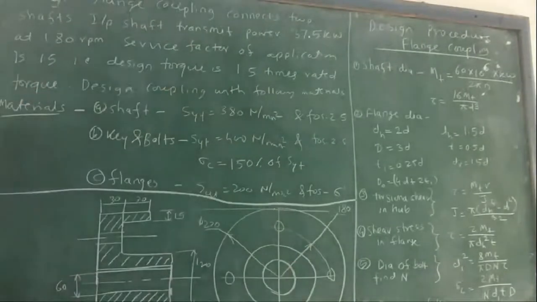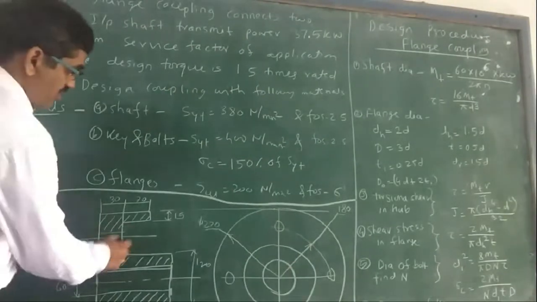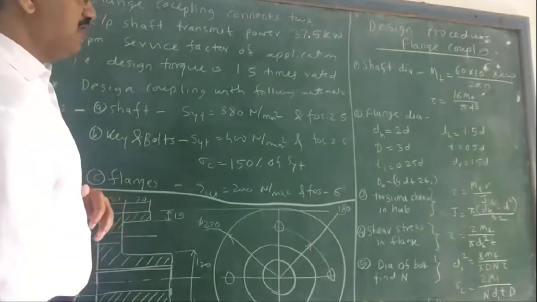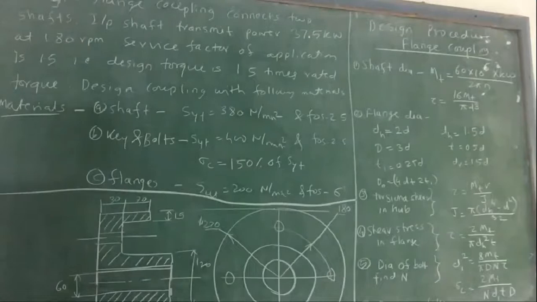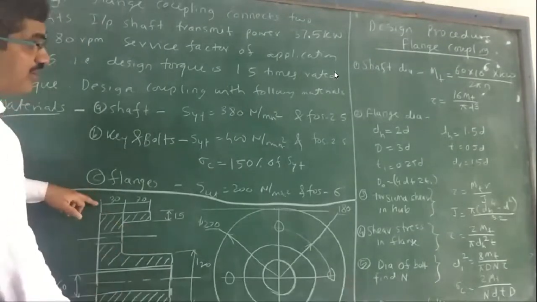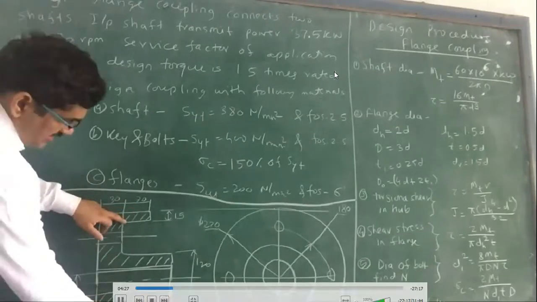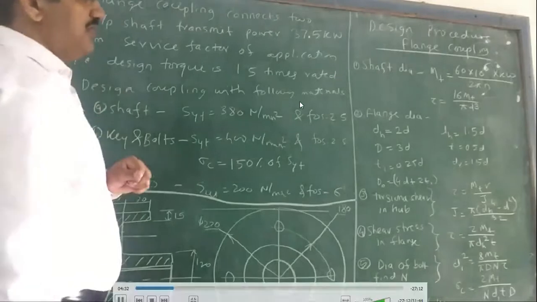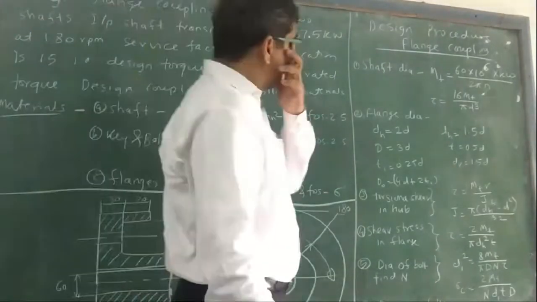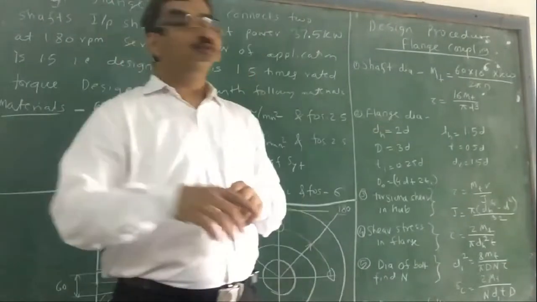Then T is the thickness of the flange, the thickness of the protection is T1, and then we have DR, which will be 1.5 times D, and D0, which is the outside diameter. It is 4D plus 2T1. So basically this diameter is 4D plus T1 and T1, so 4D plus 2T1 will be the dimensions of the flange. This is how we will find out the dimensions of the flange.